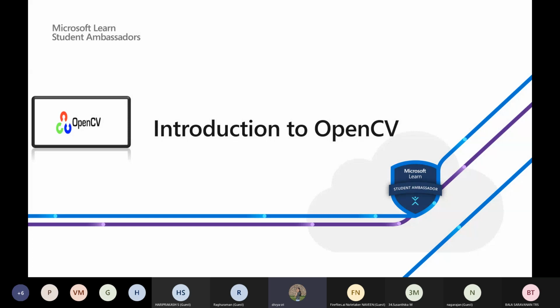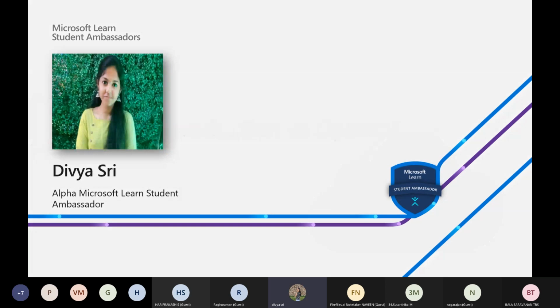This session is all about introduction to OpenCV. If you are a beginner to computer vision or if you want to start your journey towards computer vision, you all have come to the right place. Before we get into the session, I want to give a short introduction about me. I'm Divyashree, an Alpha Microsoft Learn student ambassador, currently pursuing my second year bachelor's computer science degree in Velamol College